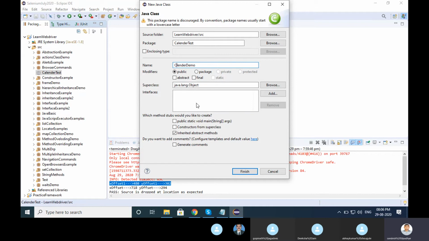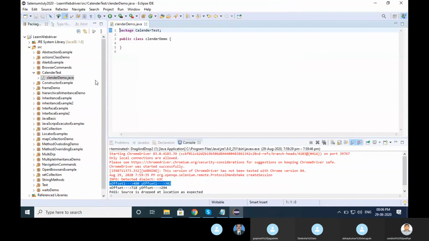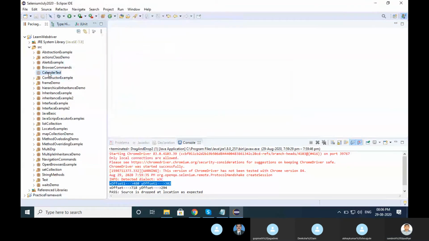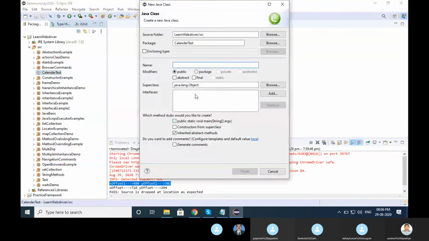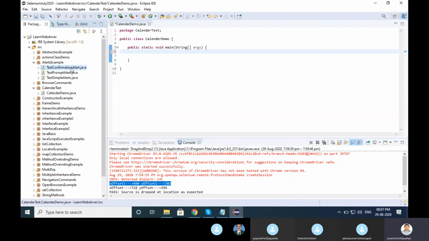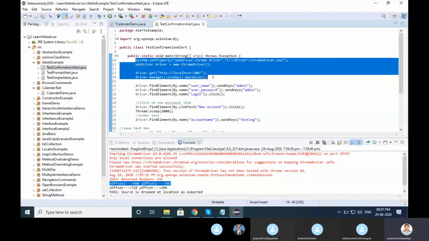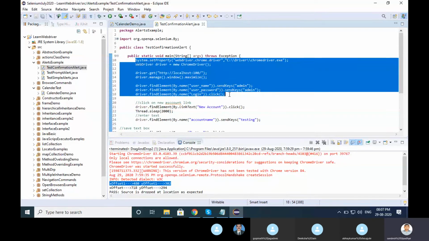I want to add something. Localhost, username, click here, copy.